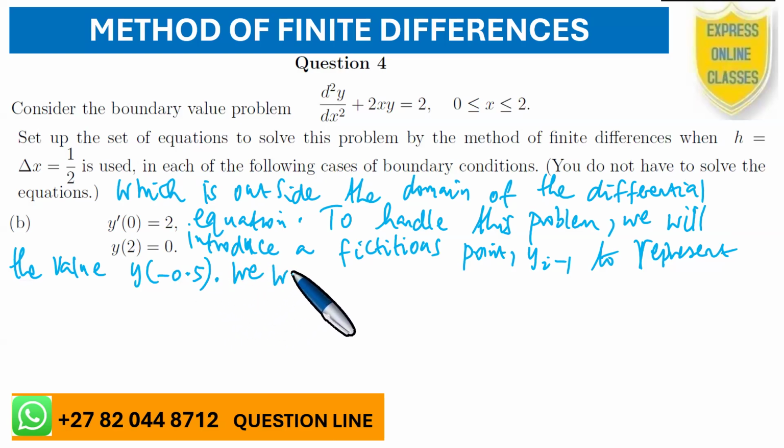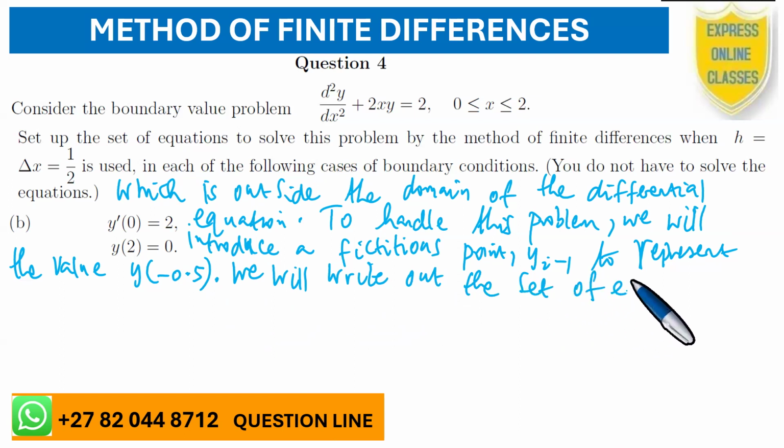We will write out the set of equations, which is what is wanted. We want to write out the set of equations using this extra point,